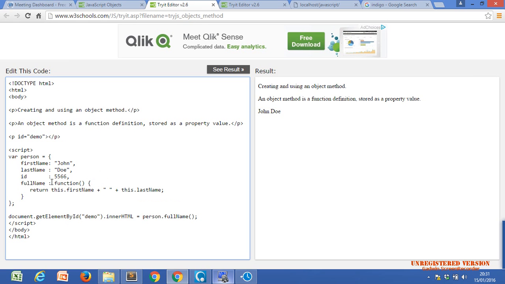These are the same properties. We will get these properties using dot or big brackets. But in the last property, we use this code. This is one function: return this dot first name and plus.